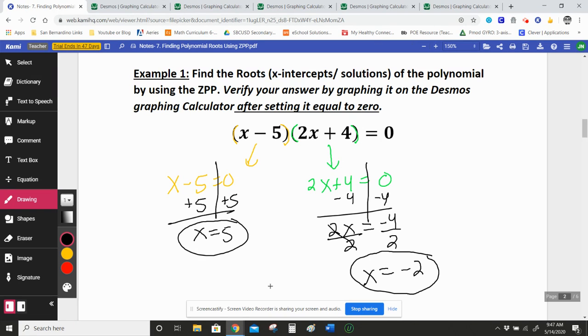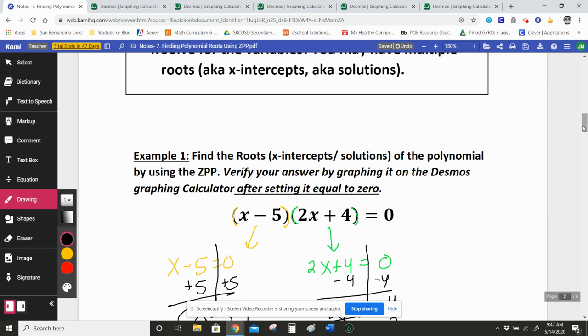So there are two roots. My first root is x equals 5, and my second root is x equals negative 2. Those are the places where it touches the x-axis. Now, just because I'm a very great math student and I don't want to take anything for a fact unless I check my work, if you go to